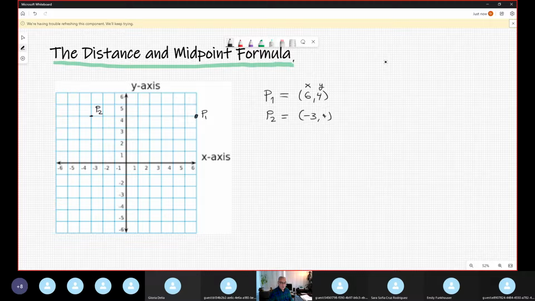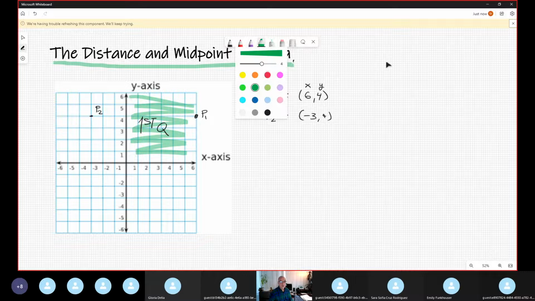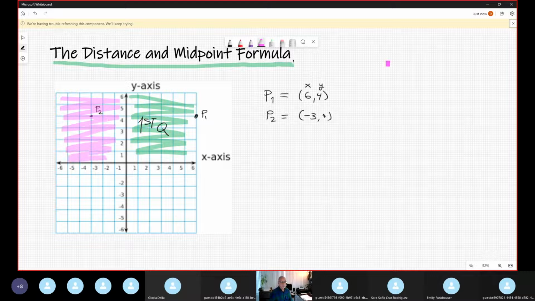By the way, this region here is the first quadrant. Okay, this region is, let me change to another color, the second quadrant. So for any point, the shortcut for the first quadrant is to see that when the x is positive,